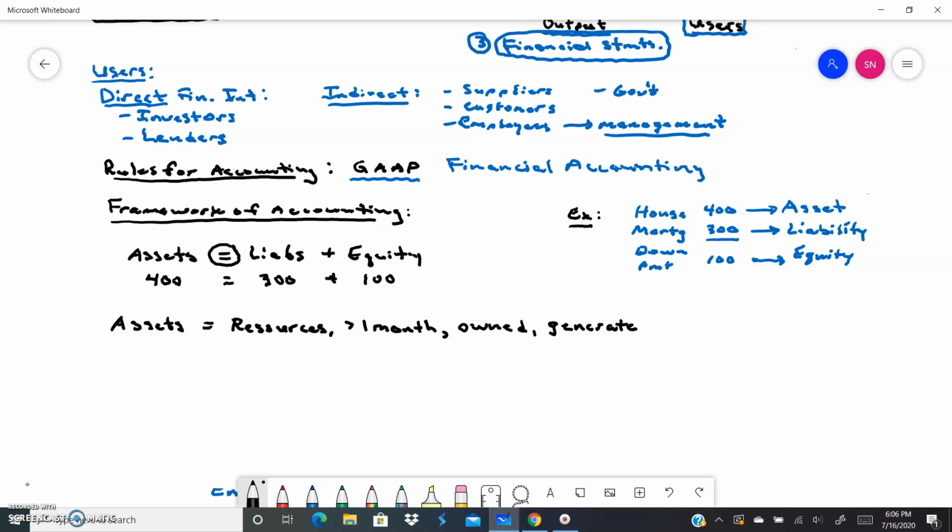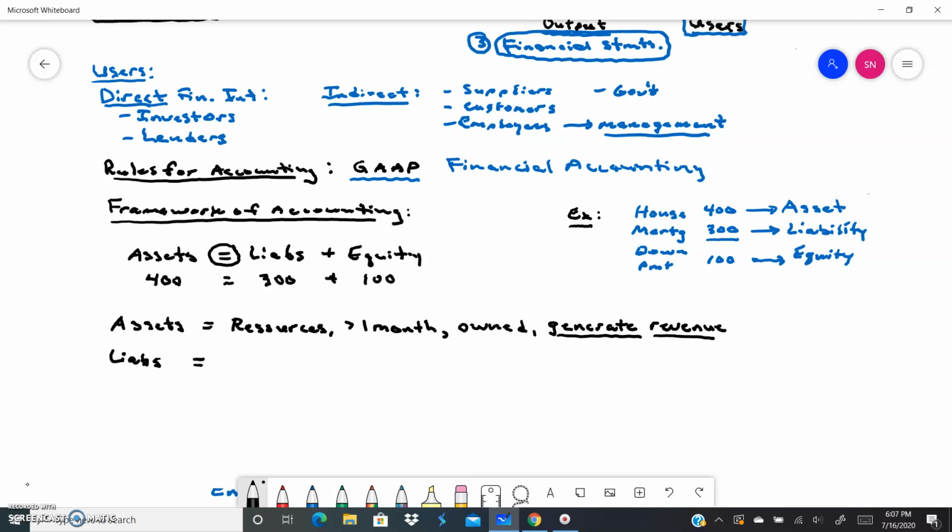directly or indirectly. That is the most important, because first of all, if they don't generate revenue, then why do we own them? They should in some way generate revenue for our business. And we'll talk about what revenue is in a moment. If they don't generate revenue, the question is, why do we even have them? Okay, so liabilities,